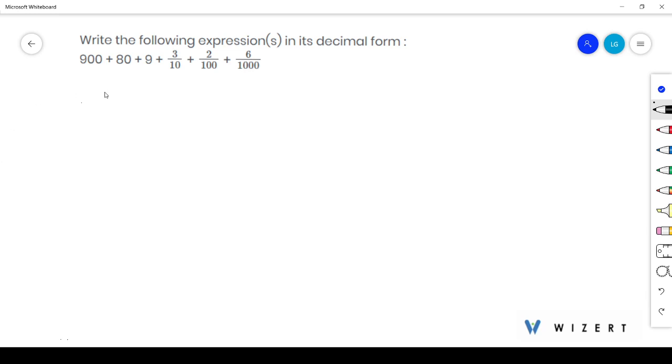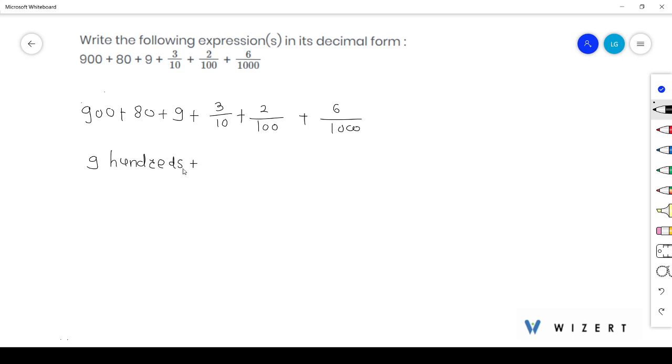Our question is, write the following expression in its decimal form. And we have given 900 plus 80 plus 9 plus 3 by 10 plus 2 by 100 plus 6 by 1000. Okay. Now 900 means 9